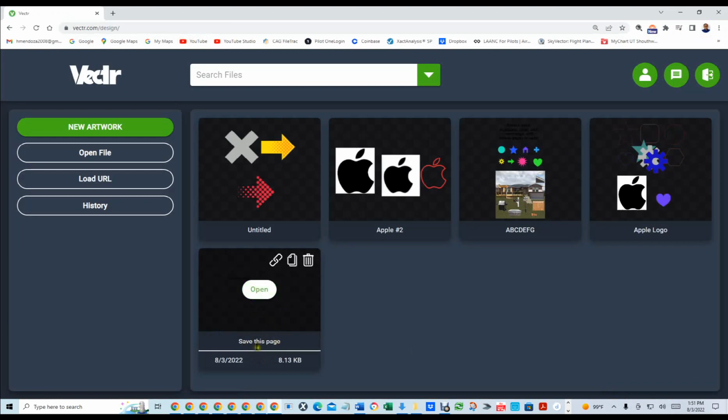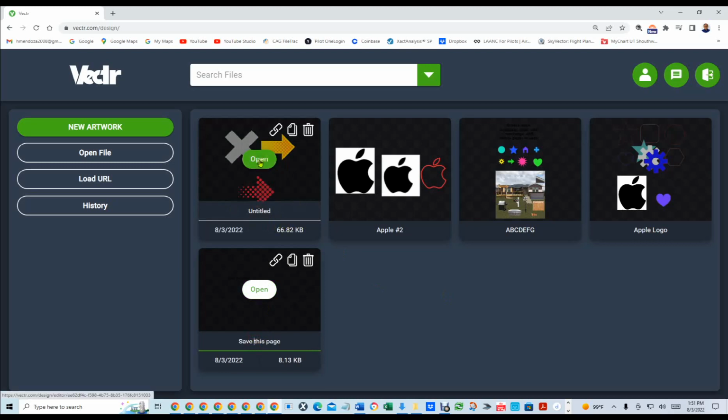you see right here, it says save this page. If I open it, oh, wait a second, excuse me, untitled right here. See, we named it. I didn't hit Control S. I didn't go file save. I didn't do nothing. All I did was close off the program. Then it labeled it right here, untitled. It saved it for us. So if I open it up